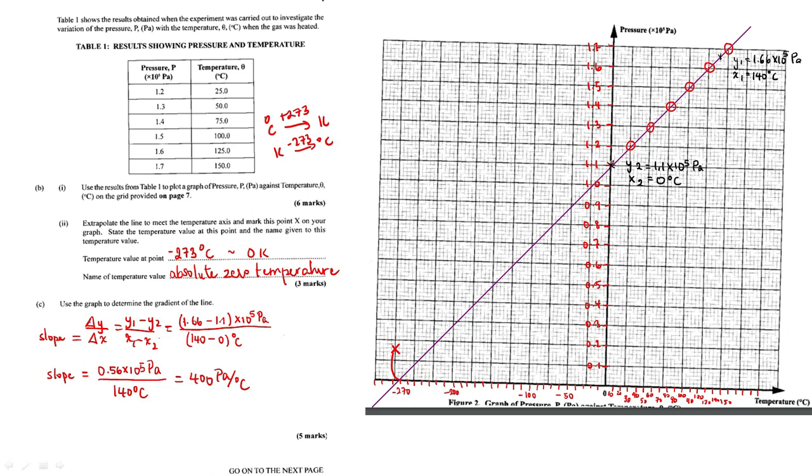And then of course, 1.1 times 10 to the 5 pascals, on the x-axis, it comes to 0. So 0 degrees Celsius. Then my next point was really pretty close to the top point, and this one was given. And so the y coordinate at this point, y1, was equal to 1.66 times 10 to the 5 pascals. And when you come right down,